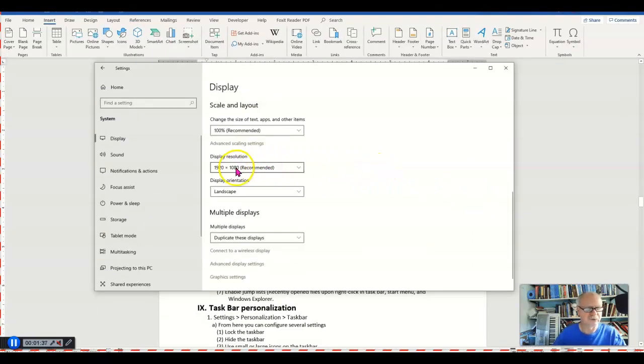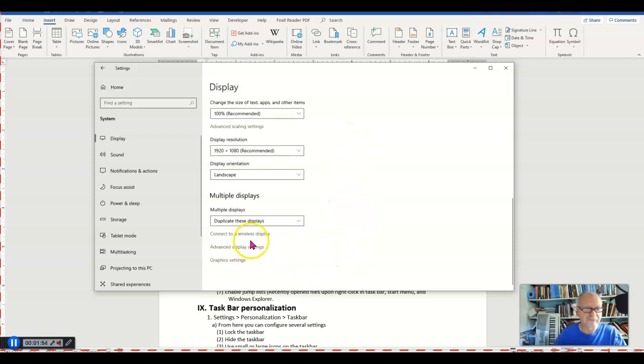The display resolution is now pretty much self-setting. Typically you would not ever need to touch the display setting. In the past we used to have to set it up for whatever kind of monitor we had, but now that is pretty much self-sufficient. We have a few advanced things, such as, for example, the graphic settings. This one's an interesting one